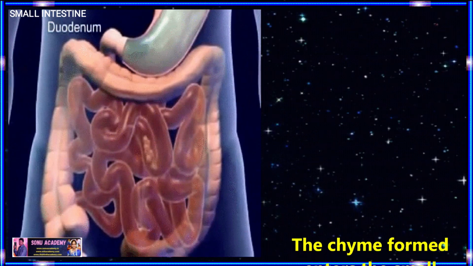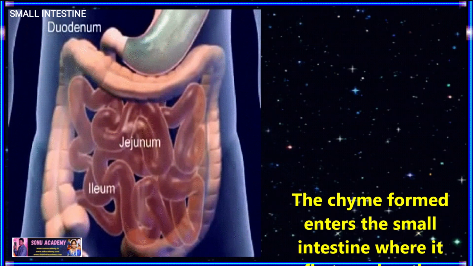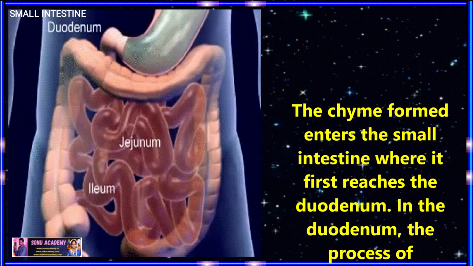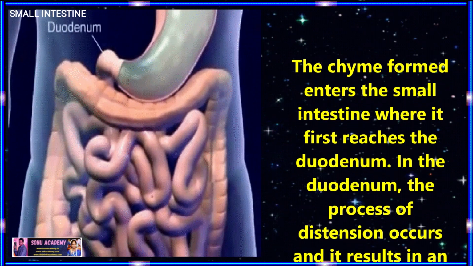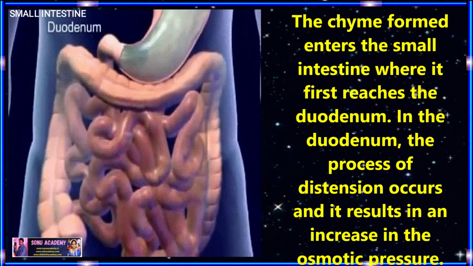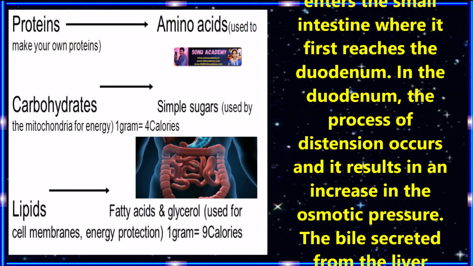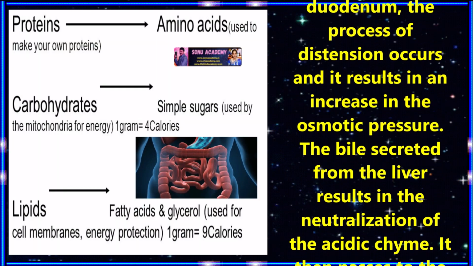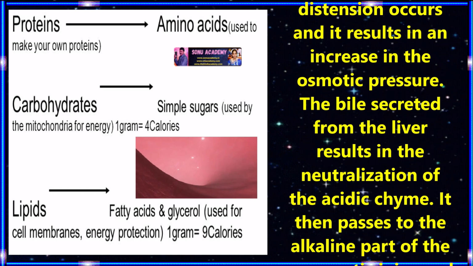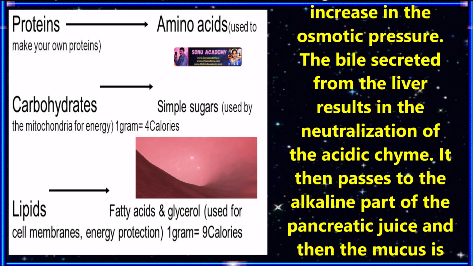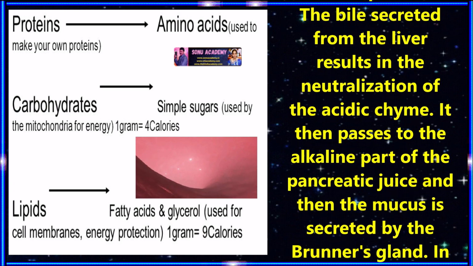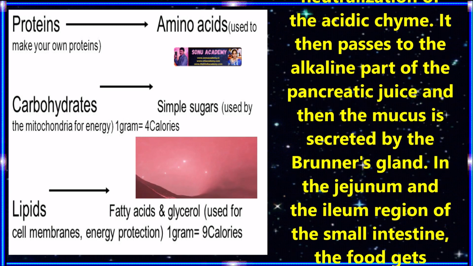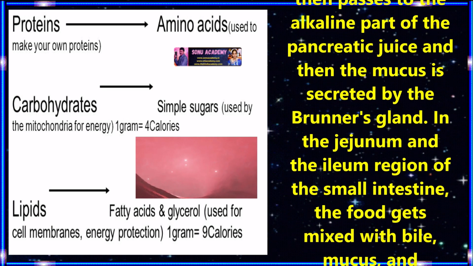Children, now let us discuss the digestion in the intestine. The chyme formed enters the small intestine where it first reaches the duodenum. In the duodenum, the process of digestion occurs and it results in an increase in the osmotic pressure. The bile secreted from the liver results in the neutralization of the acidic chyme. It then passes to the alkaline pancreatic juice and then mucus is secreted by the Brunner's